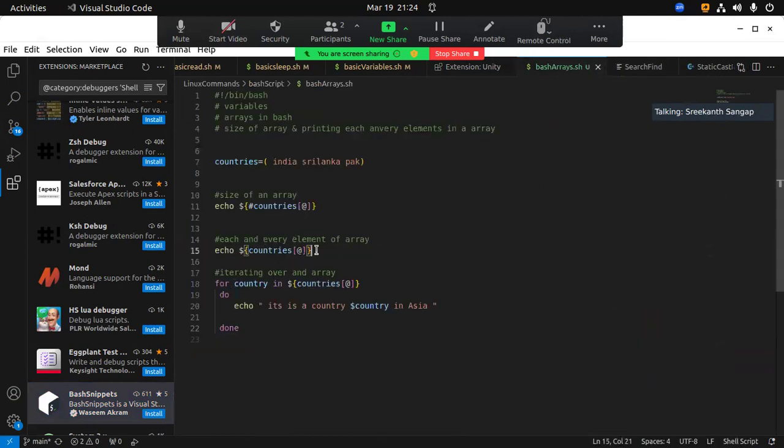Okay, so with this we should be able to print each and every element in the array. Now, what if you want to iterate through the elements of the array? You can write a for loop. You can just write a for loop, for x in